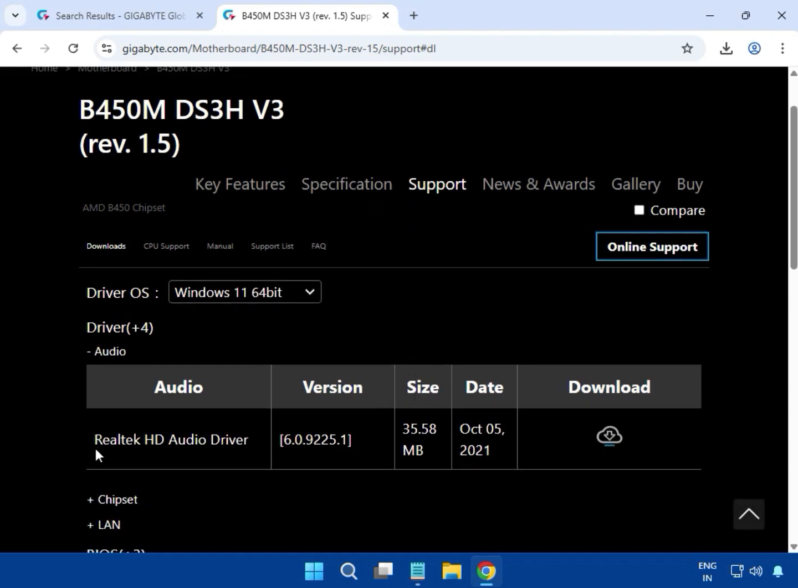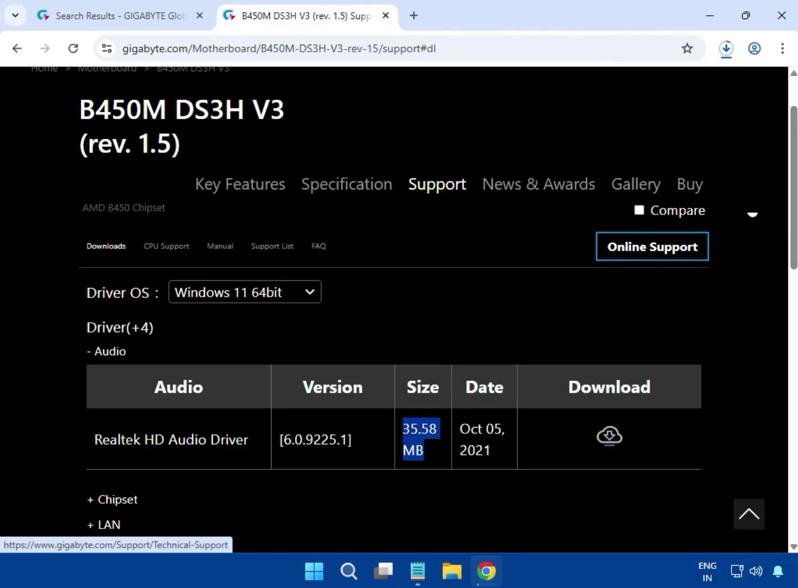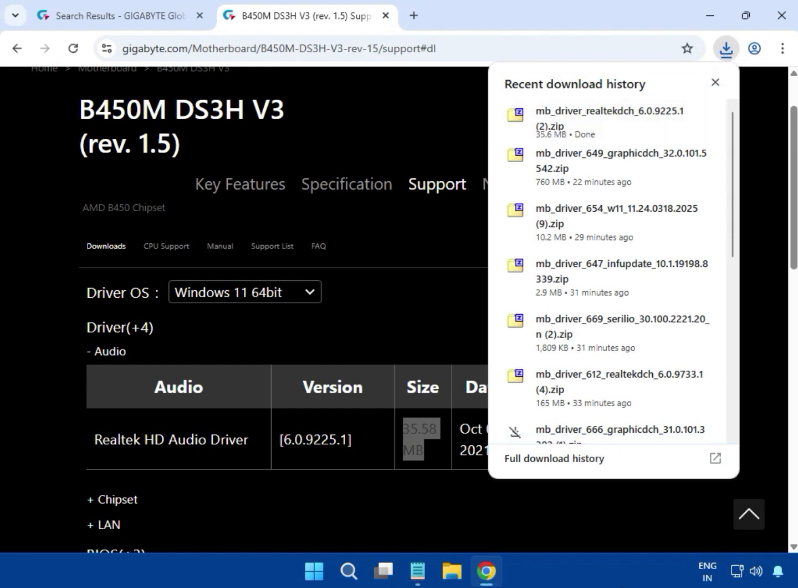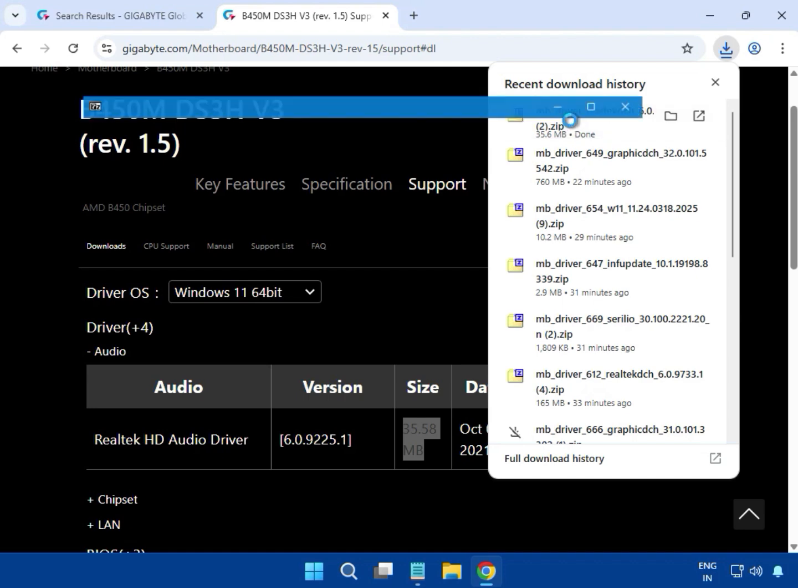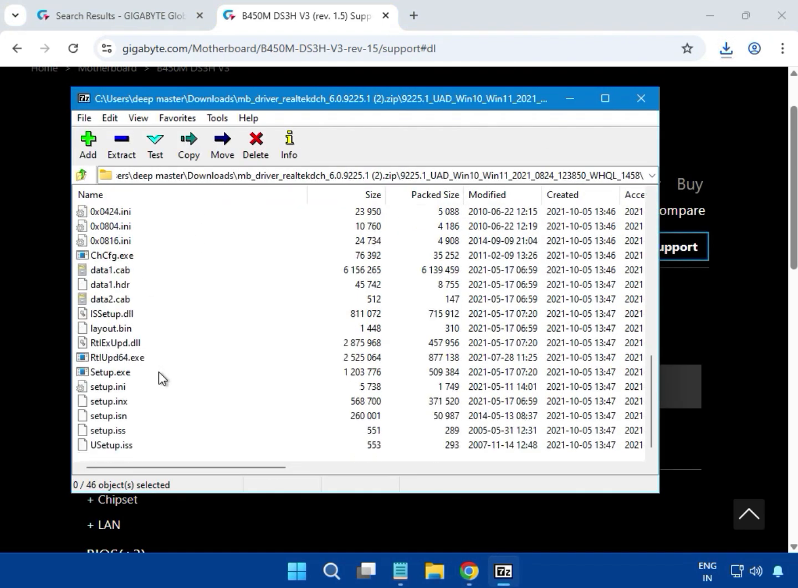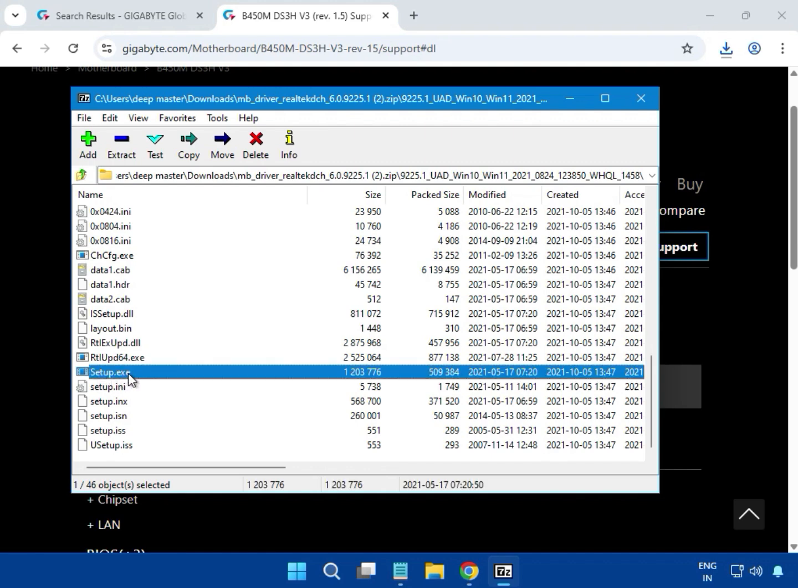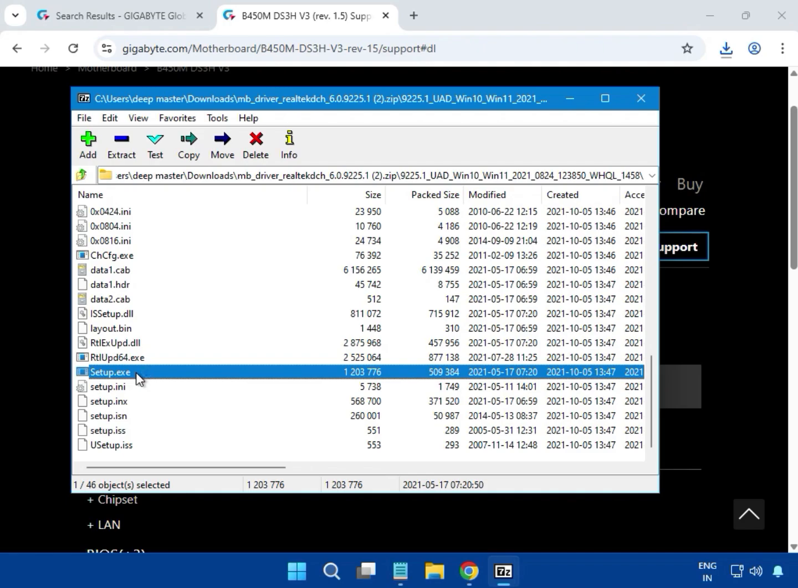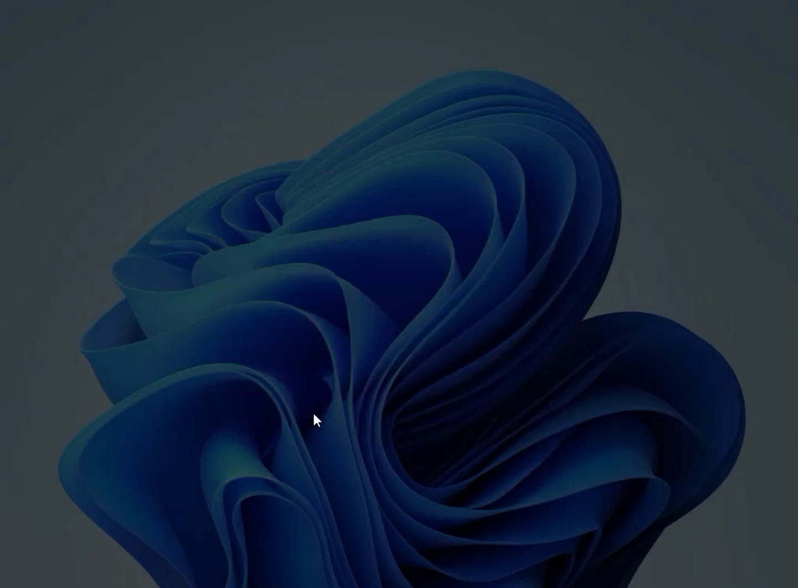Then this is the Realtek audio driver, and click to download. After you click to download, it will just start downloading, and it is done. Just single click to open. Again open and find the setup file. Yeah, this is setup.exe. Just double click, then click yes,